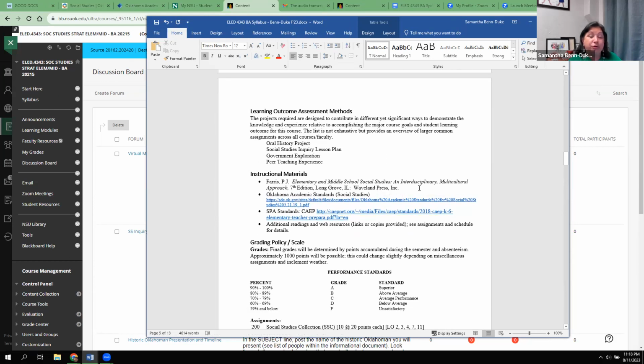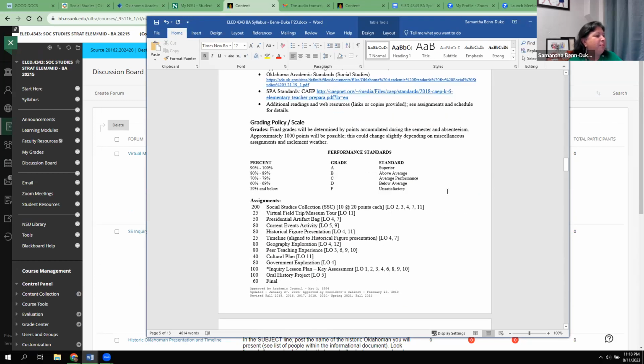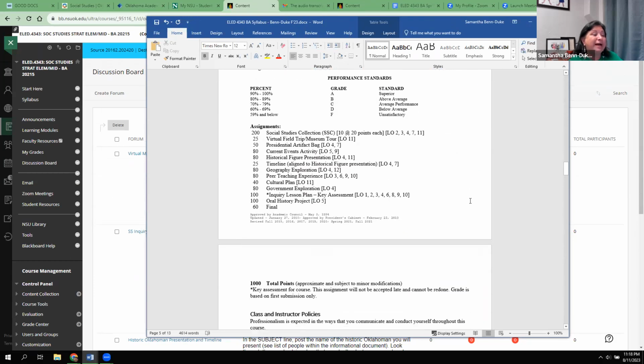Your textbook you do need, and it can be in either form, electronic or hard copy, whichever you prefer. Notice that we do have 1,000 points possible as of now. However, there can be some very minor changes to that, likely within 20 points at the most. And that would only be in the event of having to miss class for a reason or something else that